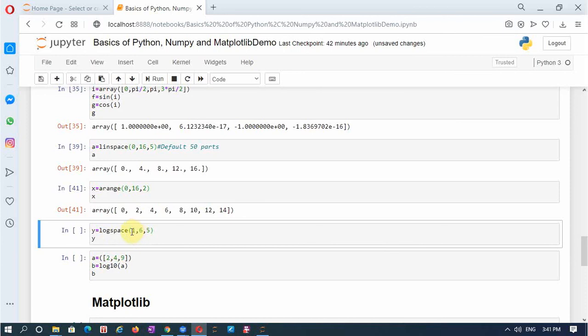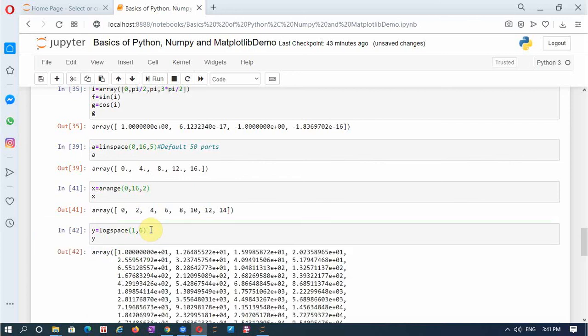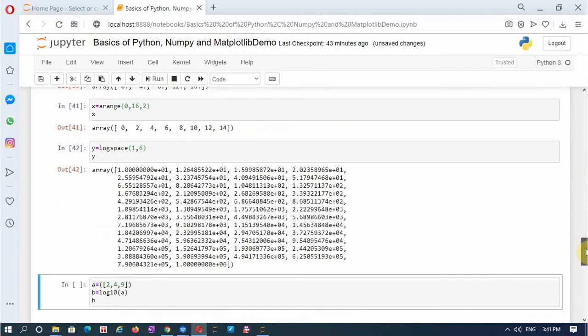Okay. So similarly, we can also make an array with logspace. So here the first starting point and ending point represent 10 raised to that power, 10 to the power of 1 to 10 to the power of 6 in 5 spaces or 5 parts. So if I don't specify that, it will be 50 parts.